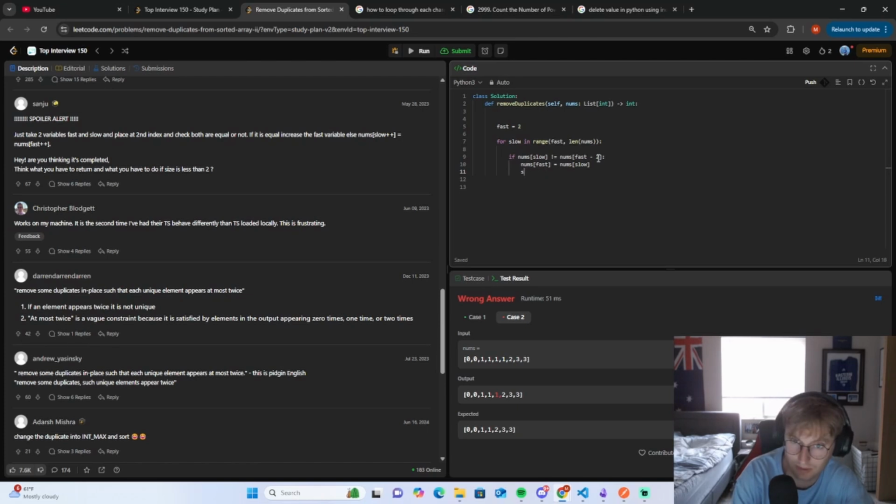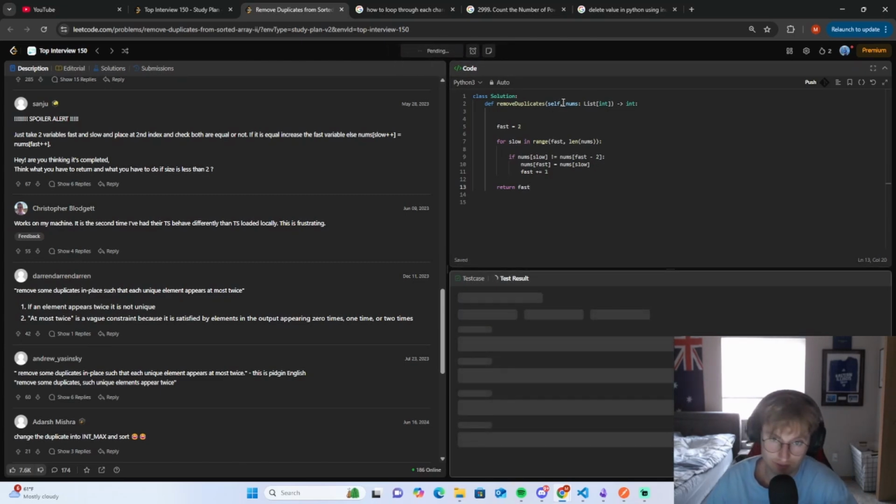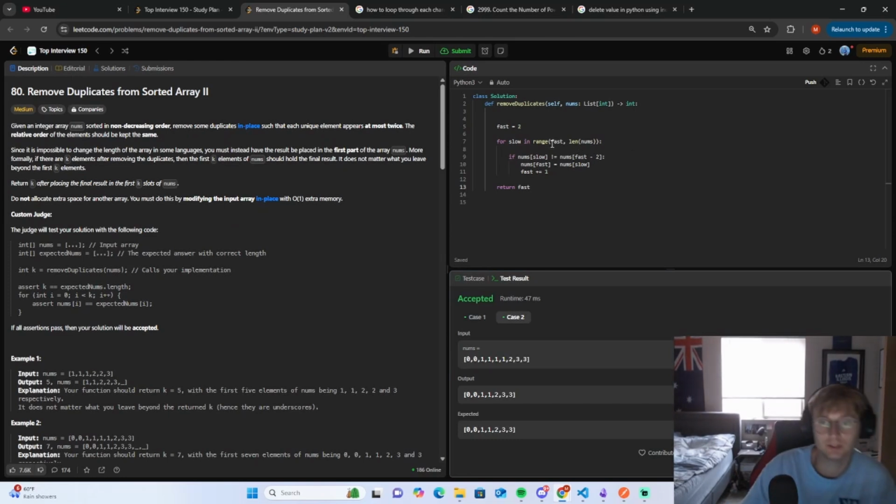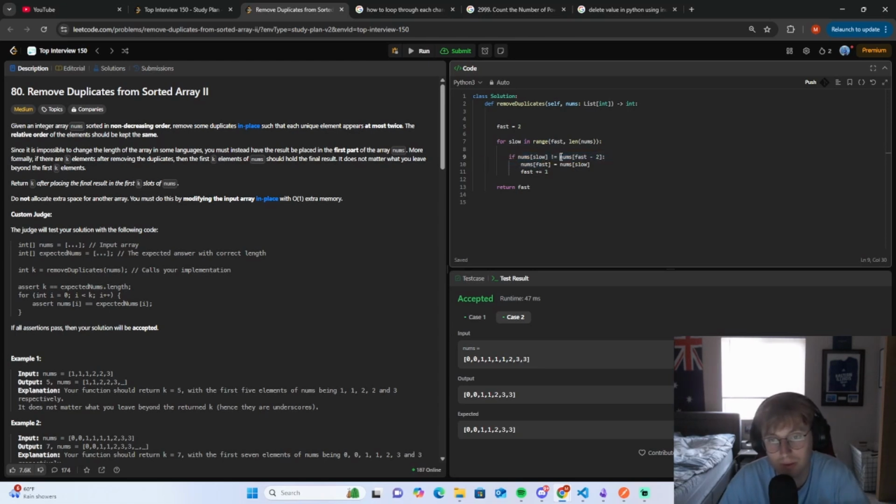Sorry, fast. Return the index value. But how, dude? I don't get this. Like, we have a slow pointer. We have a fast pointer. If nums slow does not equal nums fast minus 2, nums fast, so